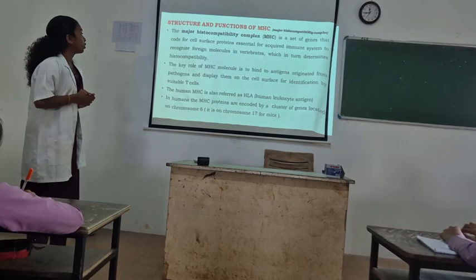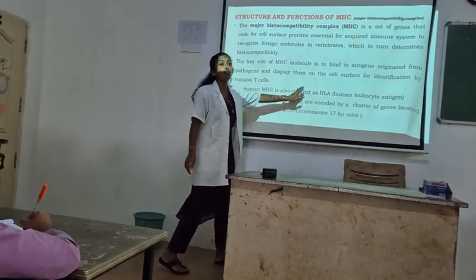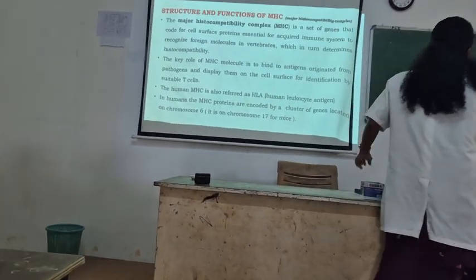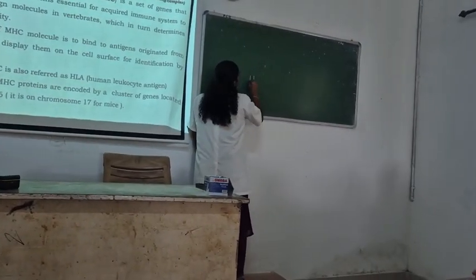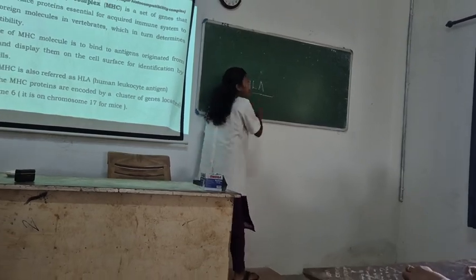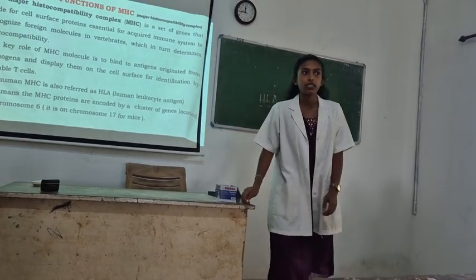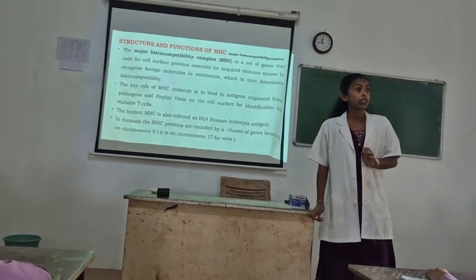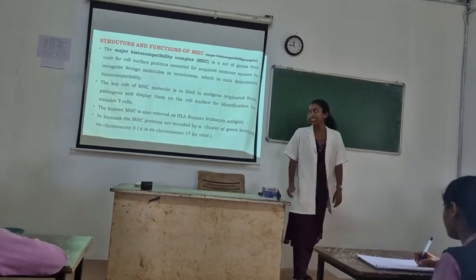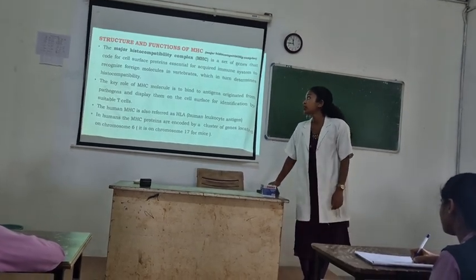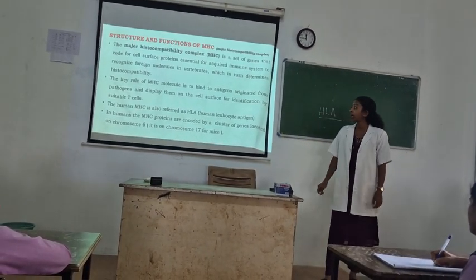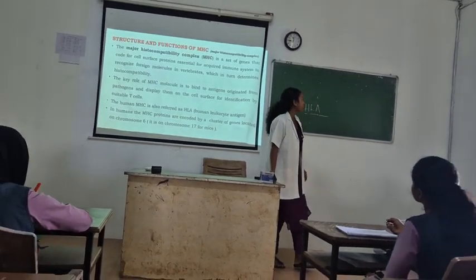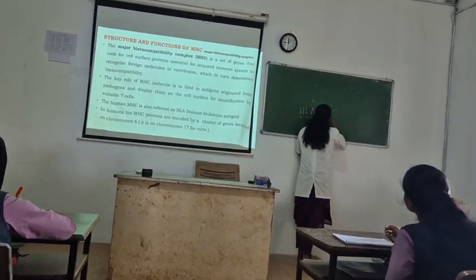Okay. The human MHC complex is also referred to as the HLA complex, or human leukocyte antigen. HLA complex, human leukocyte antigens. Okay. Human MHCs are termed HLA complexes. And in humans, the MHC proteins are encoded by a cluster of genes located on chromosome 6. As I already said,